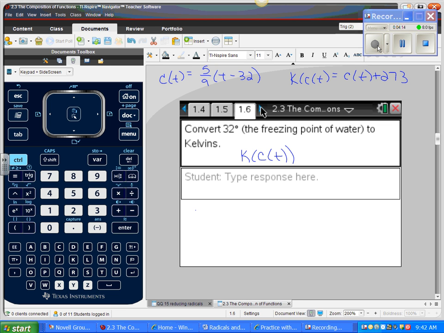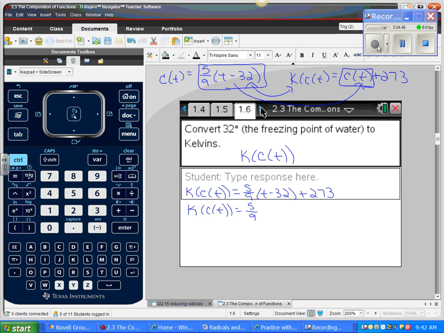Okay, so we're going to take these and put them together. We're going to plug this C of T in for C of T. So our formula becomes K of C of T equals 5/9 times (T minus 32) plus 273. Now this makes it a one-step problem. So we can distribute that out and make it look pretty. K of C of T equals 5/9 T minus 160 over 9 plus 273,